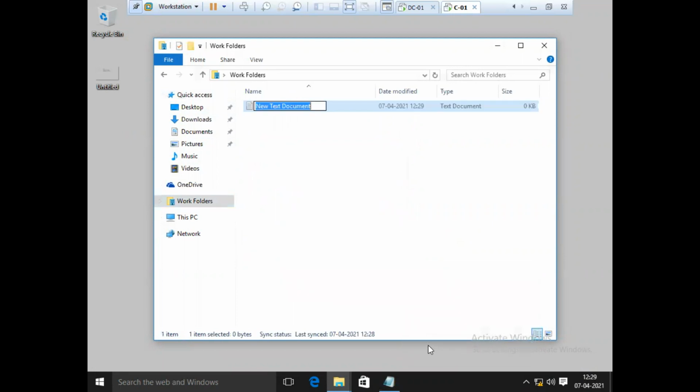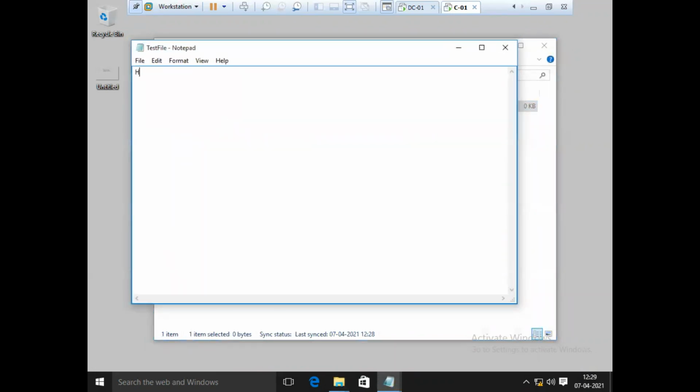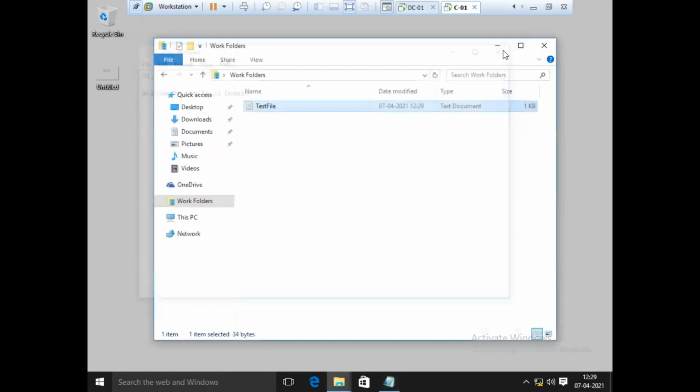This is the test file, and I write over there, Welcome to ABC dot local domain. I click on save, go to File and click on Save, click on OK. As you can see, now this file is created.